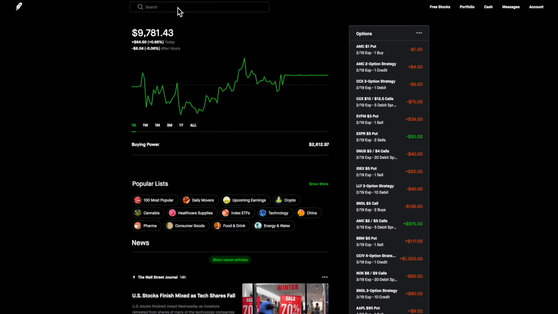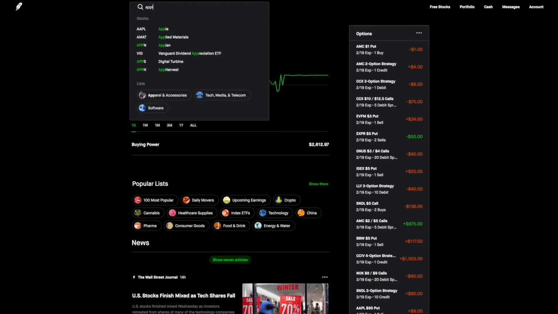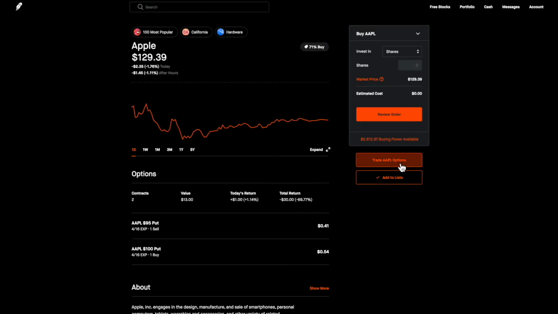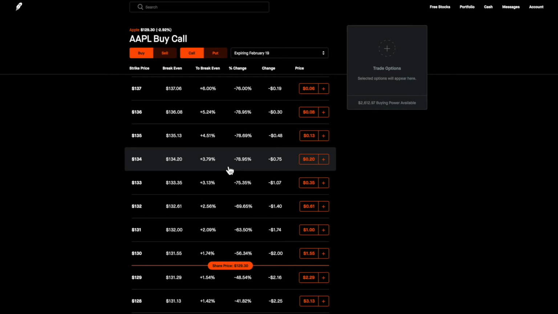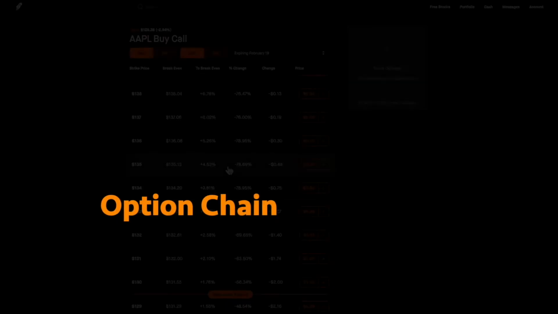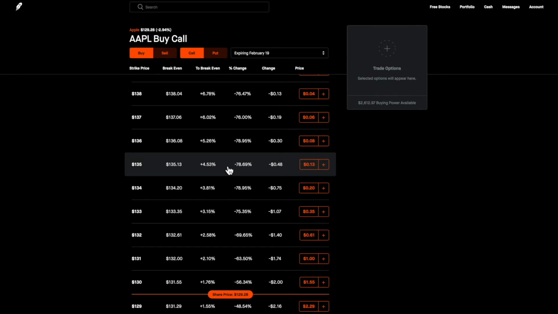I'm doing this on the Robinhood platform, and yours might look slightly different. Let's pull up Apple and say trade options. The first thing we see here is a table with a bunch of random numbers. This is called an options chain, and it is where you spend the most time as an options trader making